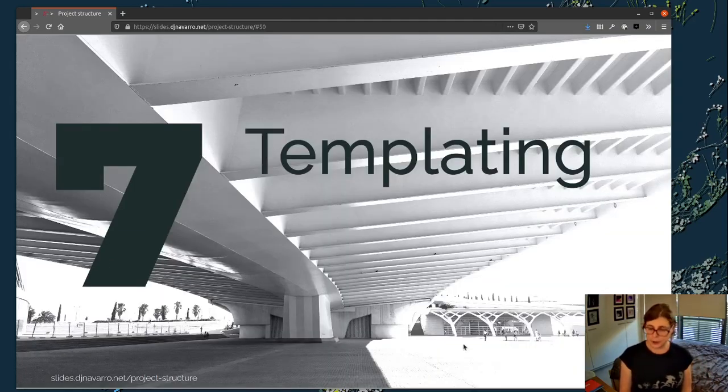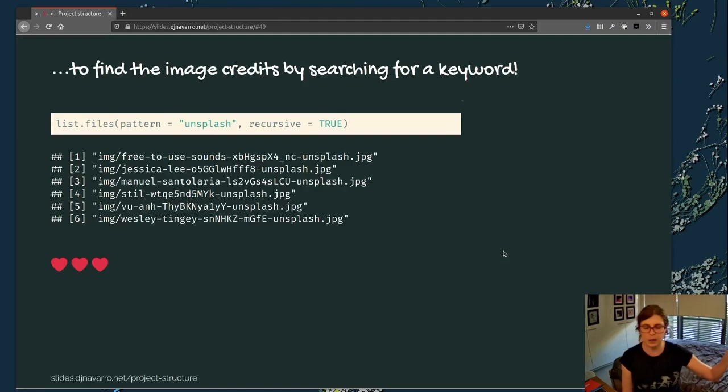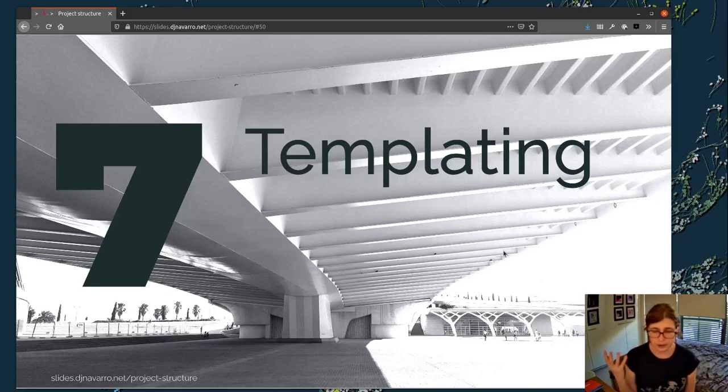Okay, so that's everything I wanted to say about file paths and folder structures. In a sense, that is background to make sure that anybody who's thinking about organizing projects has the background that you need to think about how this sort of organization works on a computer. In the next section, I will talk about templating, actually using what we've learned from thinking about file paths to think about how to organize our projects. Okay, so I'll stop this one. We'll talk about that in the next